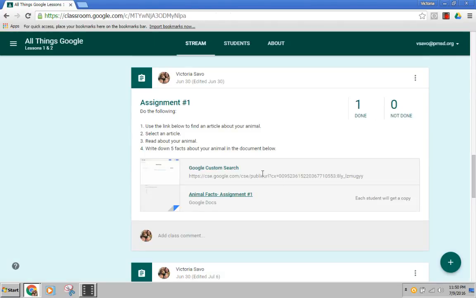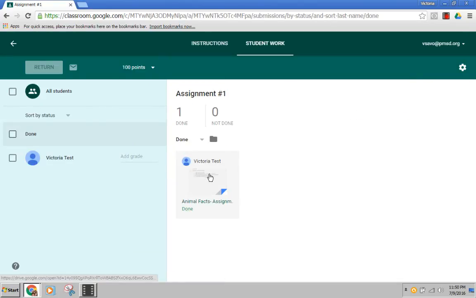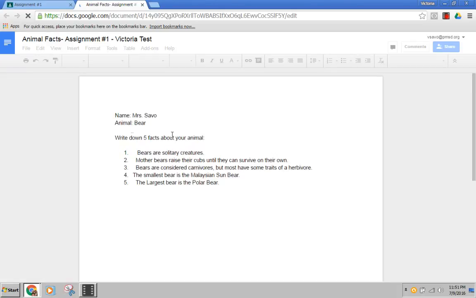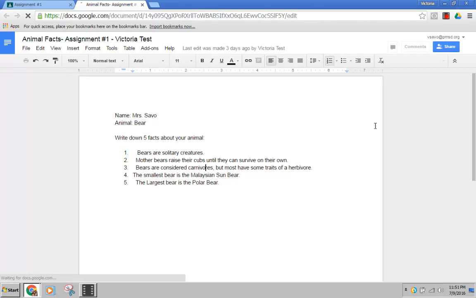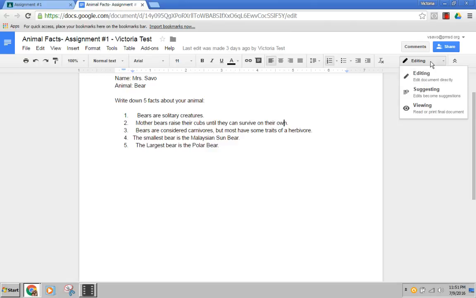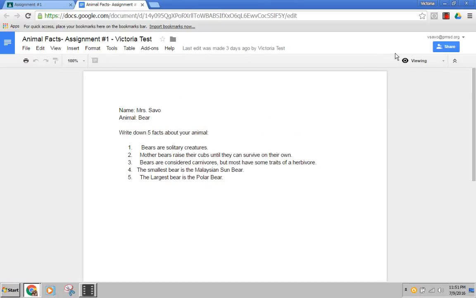So if I go here, I have one student that's done. Again, this is my test account. I can look at their assignment. Click on that. I can go through and, as I'm reading it, wait a minute to load here, I can edit it if needed by this drop down option here on the right hand side. I can edit it, I can suggest edits, and then I can also put it as view and just look